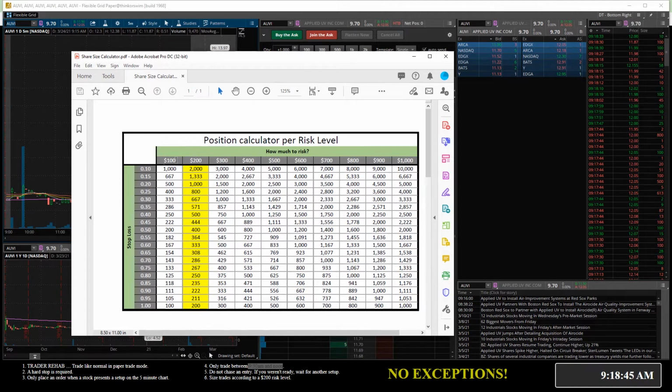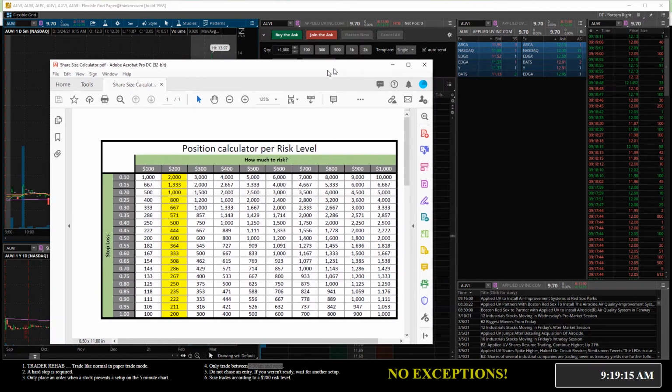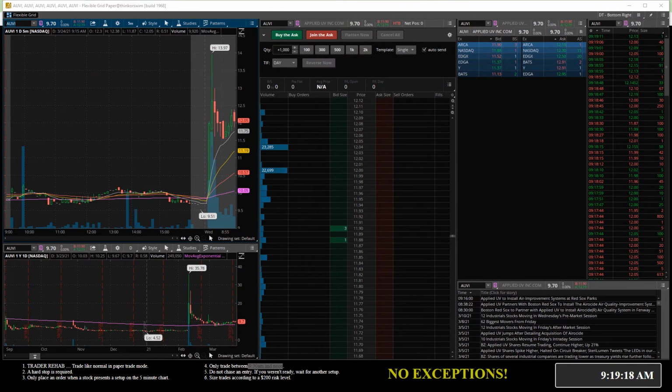Basically, pick whichever risk level you're wanting to trade at. For me, it's $200. And then you look at the trade you're about to take and you say, okay, where would my stop be? Okay, my stop's going to be 25 cents below my entry, so I would trade 800 shares. So this allows me to just look over really quick and figure out my share size that I should be getting in at according to that specific trade. And I'm going to keep this off to the side here on one of my other screens, and that'll allow me to size my trades quickly. Besides that,